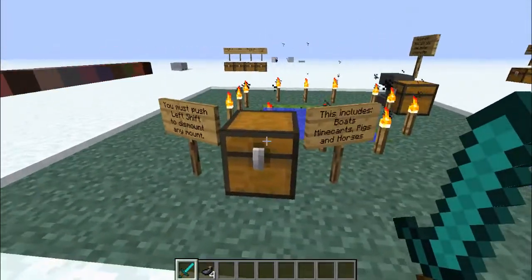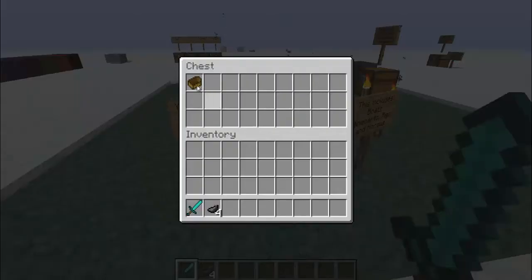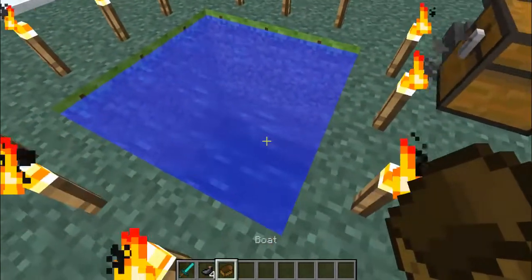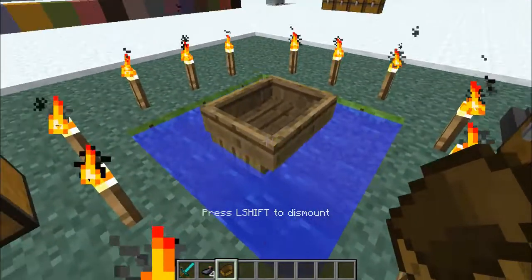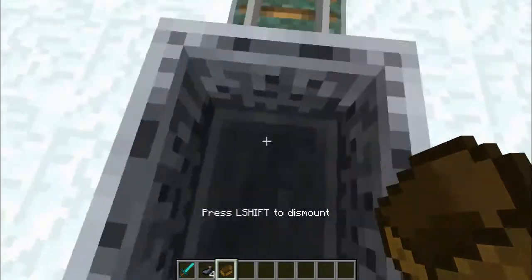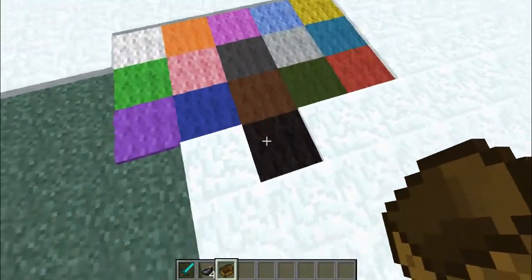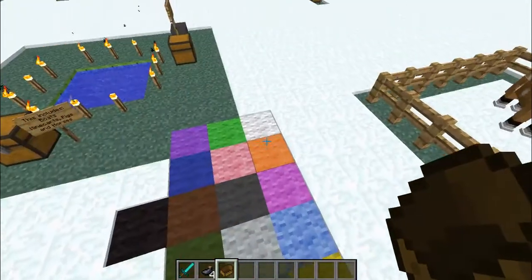So now, you must push left shift to dismount any mounts, which includes boats, minecarts, pigs, and horses. So if I were to click this boat, then I would have to left shift to get out of the boat. And then if I were to get in this minecart, I would have to left shift to get out of the minecart. I didn't set up a pig, but I don't know why I didn't. There is a carpet now for every form of wool. You just craft that using...